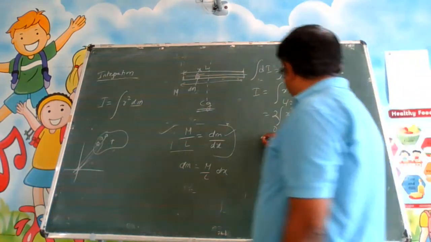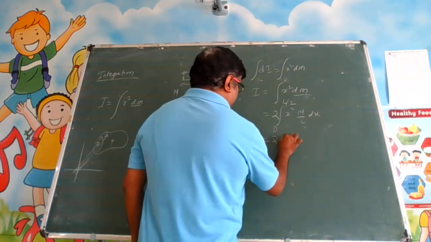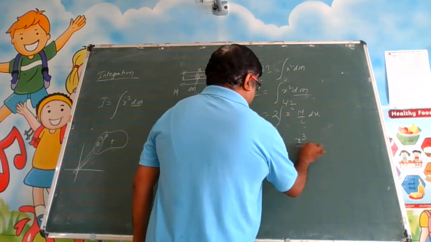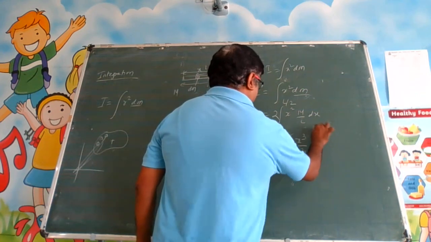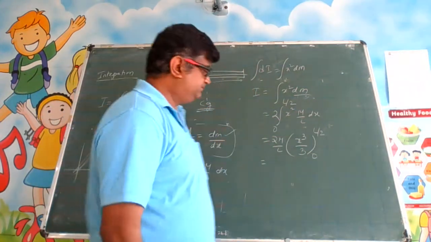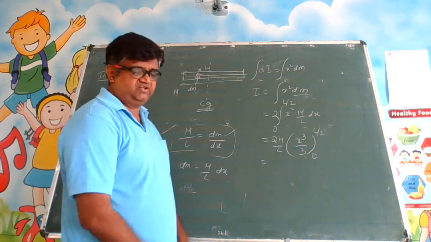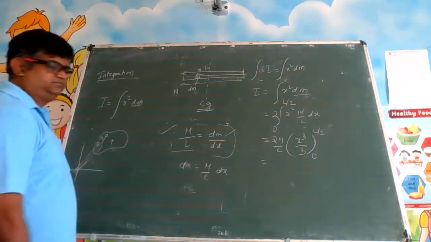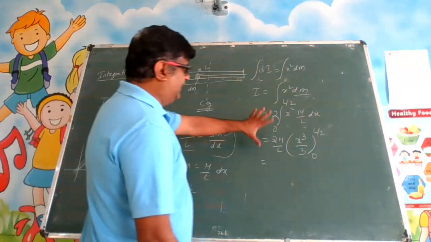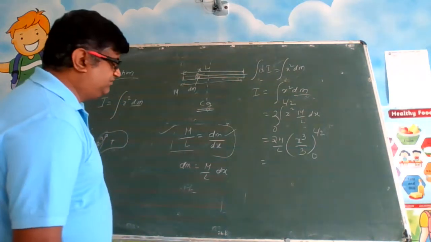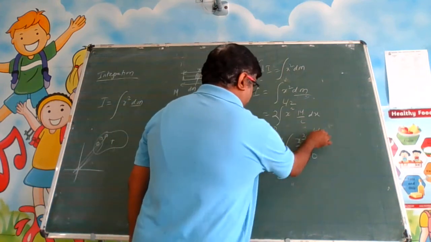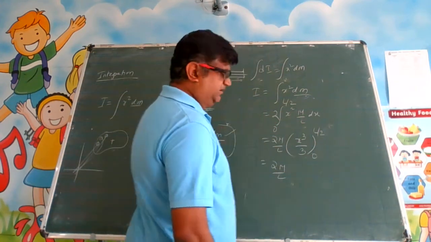So let us solve this now. So m by l is constant, so you bring it out. 2m by l. What is the integration of x square dx? It is x power 3 by 3, 0 to l by 2. So you have to put the upper boundary and the lower boundary. Okay. In physics, please get used to this integration derivation. I have done some basic videos on that. Every class I cannot repeat the same thing. So you have to get a hang of basic level integration and basic level differentiation. So it is 2m by l into, put l by 2 here. If you put 0 in the second case, it will end with 0 now.